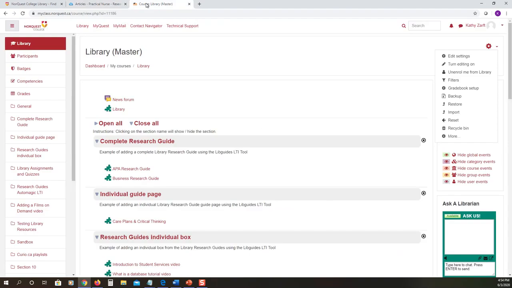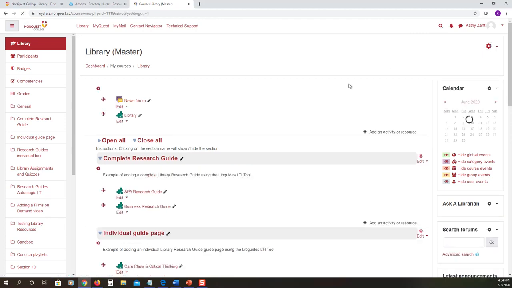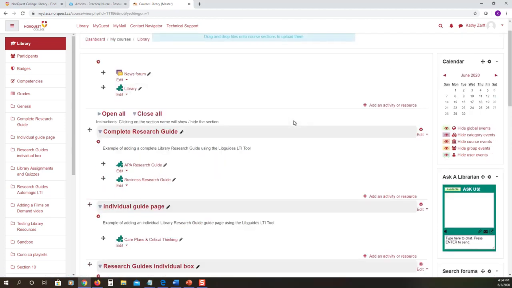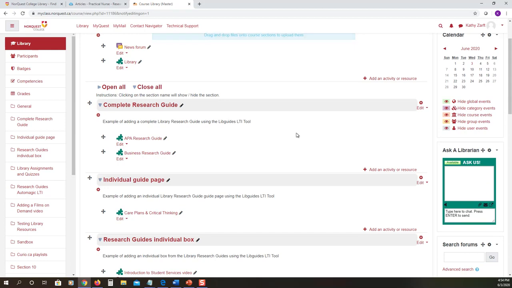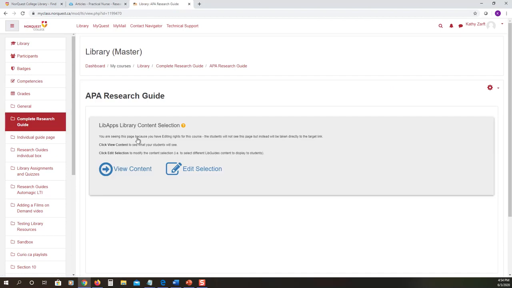Let's go into Moodle now. So the first thing we need to do is turn on editing. I'll show you what they look like in Moodle first, and then I'll show you how to add one in. So if we take a look at this APA research guide, this is one I've put in before, and it's a complete guide. When you click on the link for it, because you're